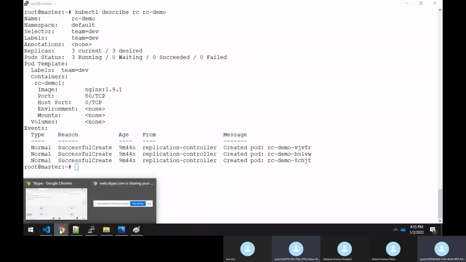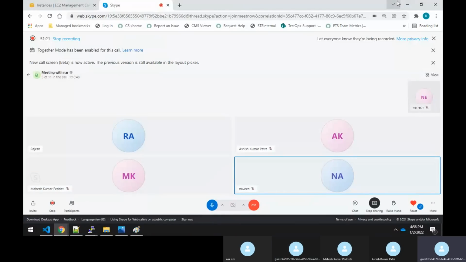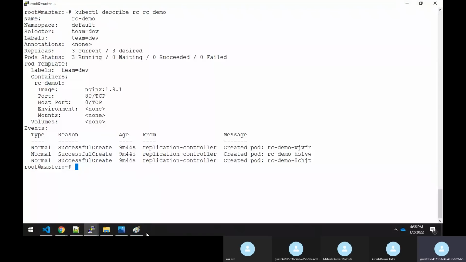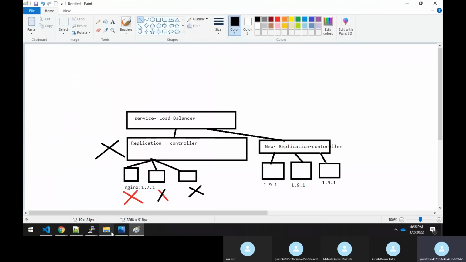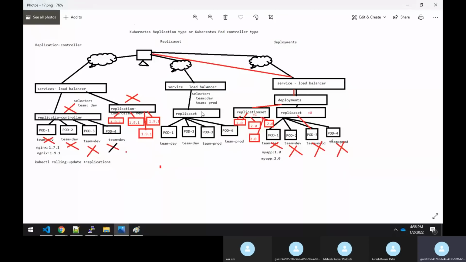Yes, Rajesh. Okay. Now coming back to yesterday's topic, ReplicaSet is the same type of controller. Here the disadvantage is that it can only support one label type.